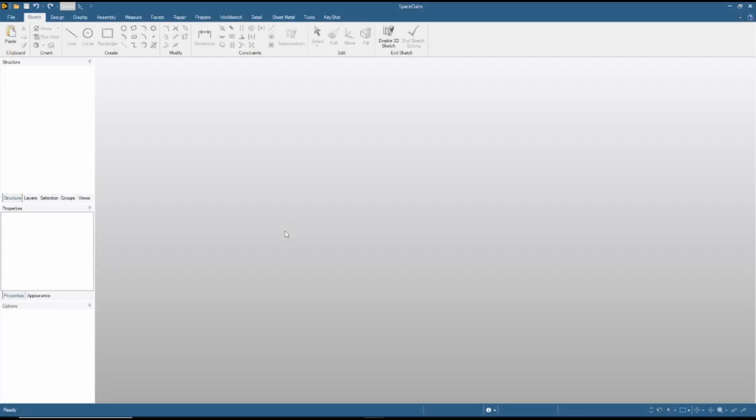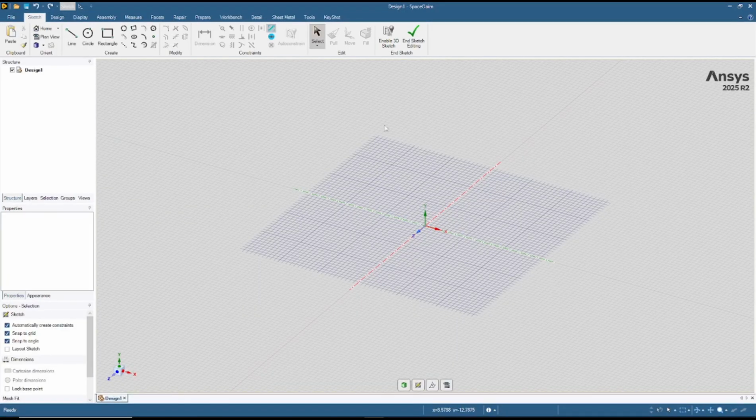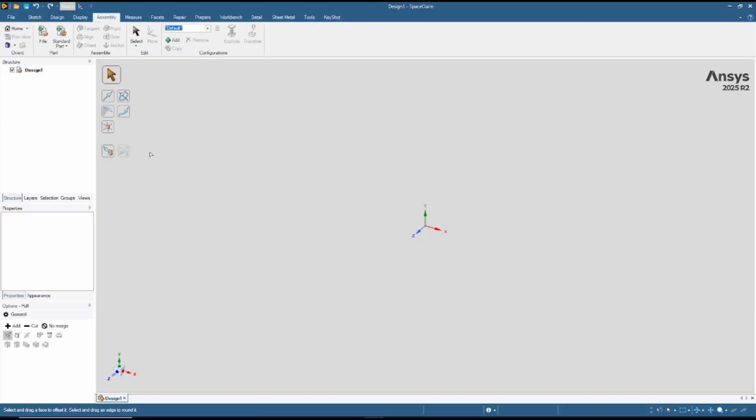Hello everyone, today we are going to learn a basic Ansys SpaceClaim tutorial: how to insert an image. As an example, you can create a new design and click OK. Now if you want to insert an image, you can go to Assembly, click File in Part option,